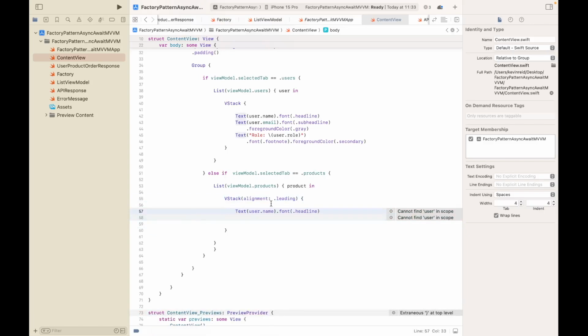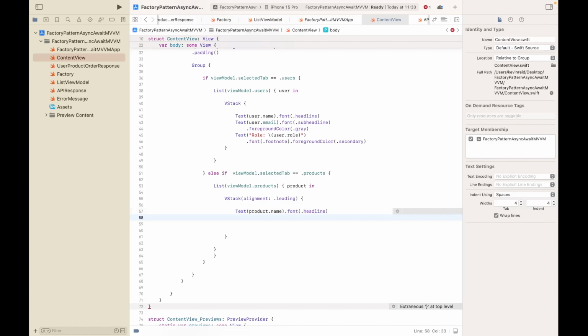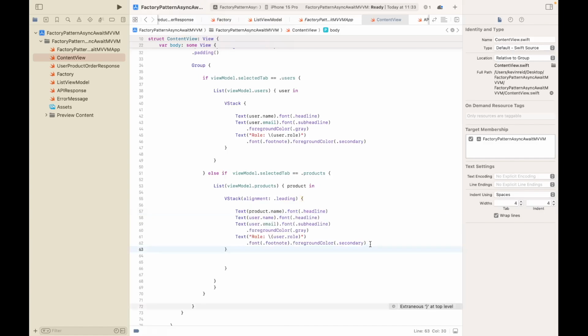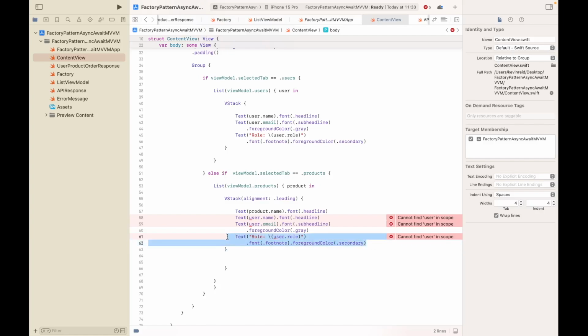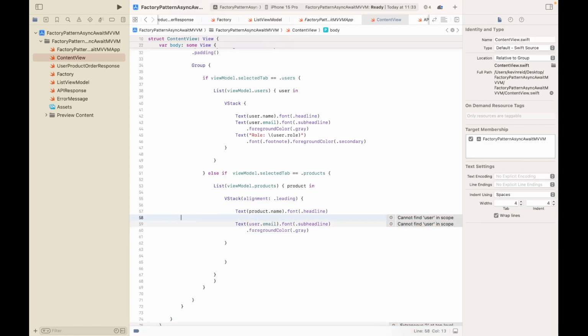And now we display our products using our text elements. So this will be product.name, font headline, and the next one will be category,